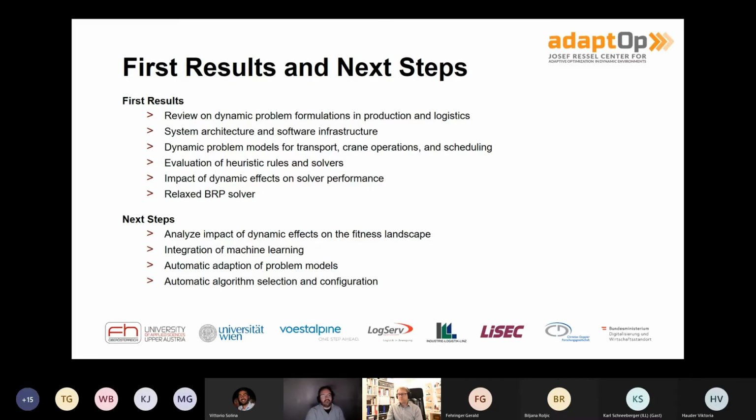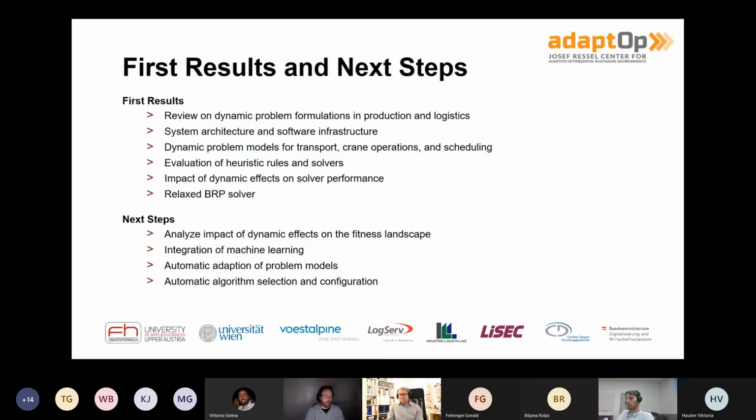And maybe I also want to mention that one of our colleagues in the Josef Ressel Center also implemented a new solver for solving block relocation problems, which are the stacking problems, based on the new relaxed version of the BRP, which provides much better lower bounds than existing solutions. So these are results from the first year of our Josef Ressel Center,